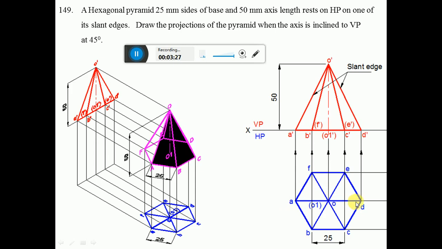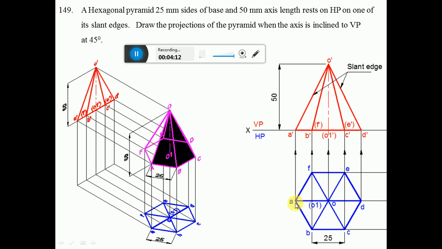This circle will cut the horizontal line at A and D. So you mark the points as A and D, and then by using the compass take the radius of 25. With A as center, cut an arc on the circumference of the circle to get this point F. Similarly on this side to cut the point B. Similarly with D as center, take the same radius of 25, cut on this side of the circumference of the circle and cut on this side to name them as E and C respectively. So now we have marked all the 6 points.